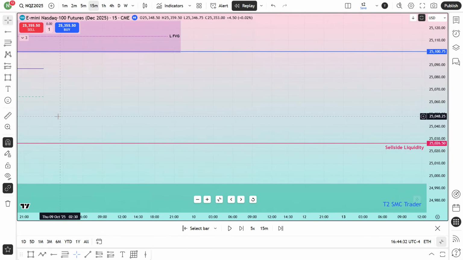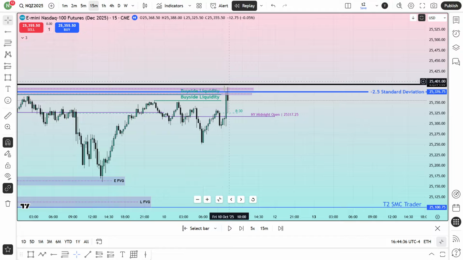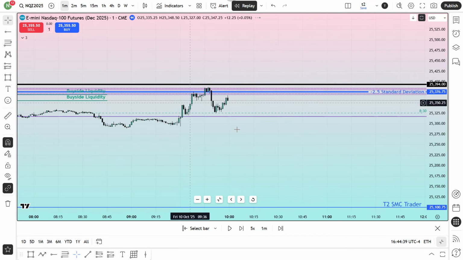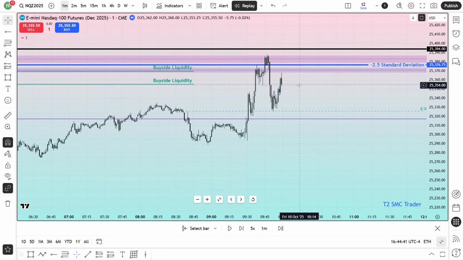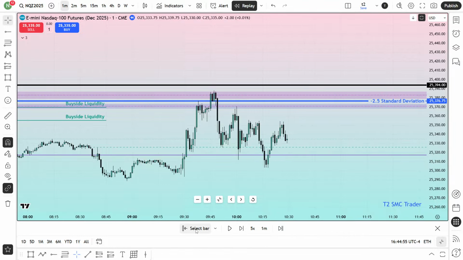So I'm more interested to see whether the market will fall until that sell side liquidity when everything is done over here. Would love to go to the 1 minute chart, and that was the 1 minute chart. If you guys remember, we have framed the order block actually. So there was the order block. Let me go over all of these areas, and that was the buy side liquidity. After building this buy side liquidity, I told you that first this market has to take this buy side liquidity, which it has done actually.